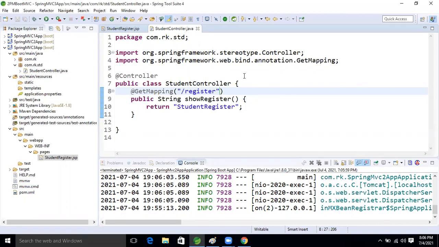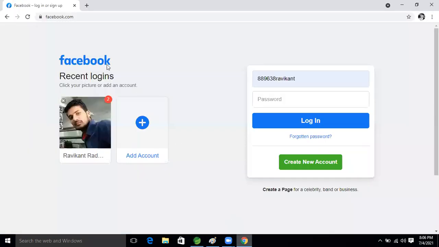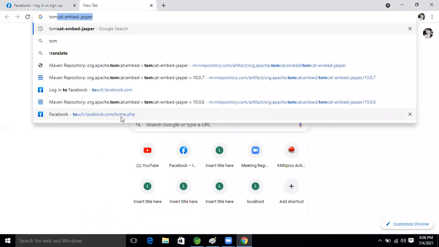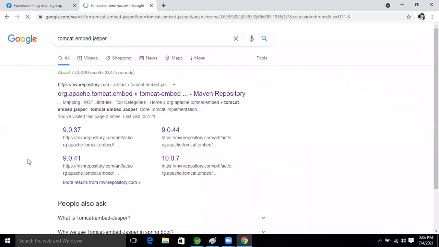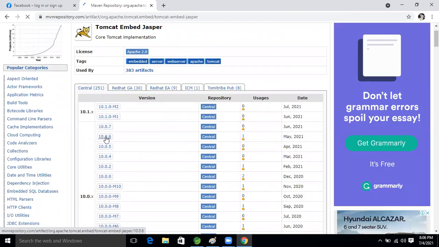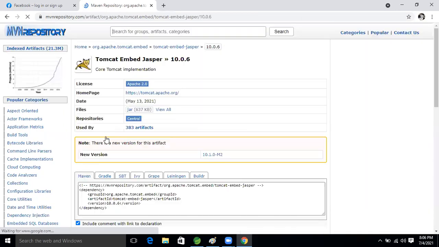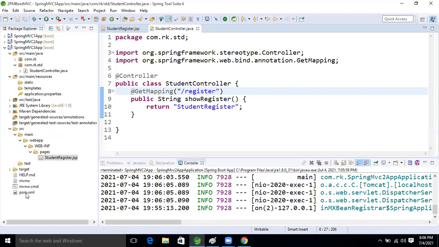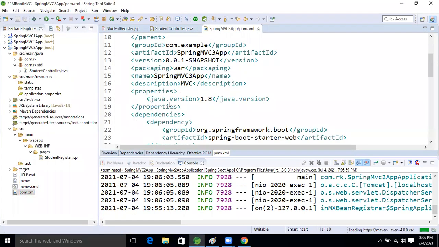So if we run this application, then we will get the register page. But first, let's take the Tomcat Jasper dependency. Copy this one and come to the pom.xml.